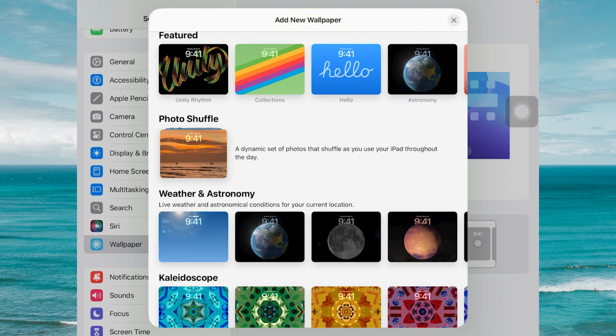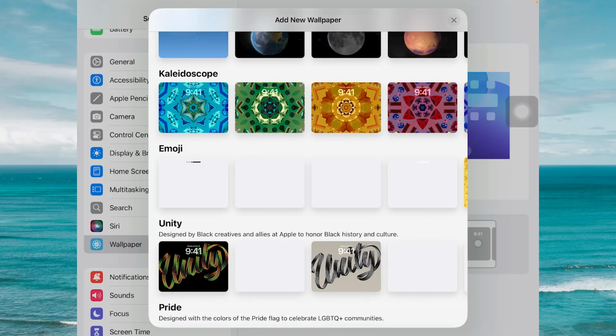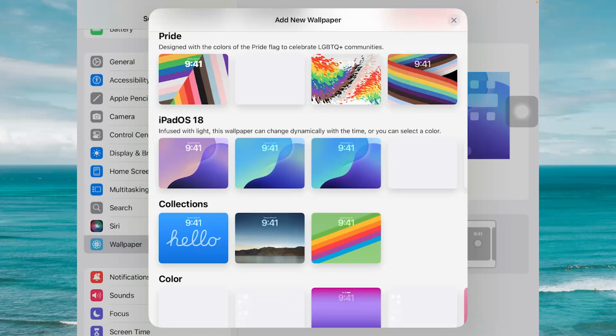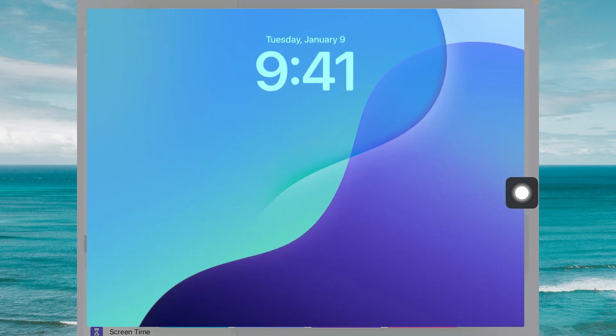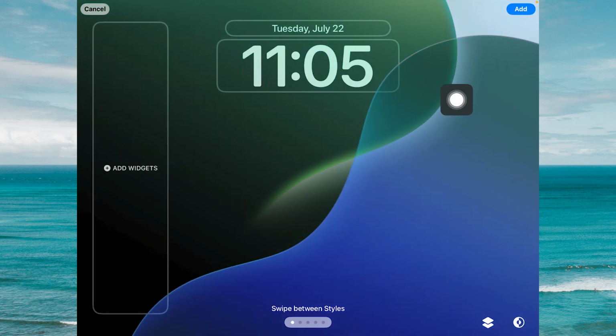Now for iOS 18 specifically, we can scroll down and you can see an iPadOS 18 section right here. These wallpapers can change dynamically with the time. So we can scroll to the left on here, and as you can see, these wallpapers are changing colors with time. So we can select this one right here with a changing color preview, and you can then customize the